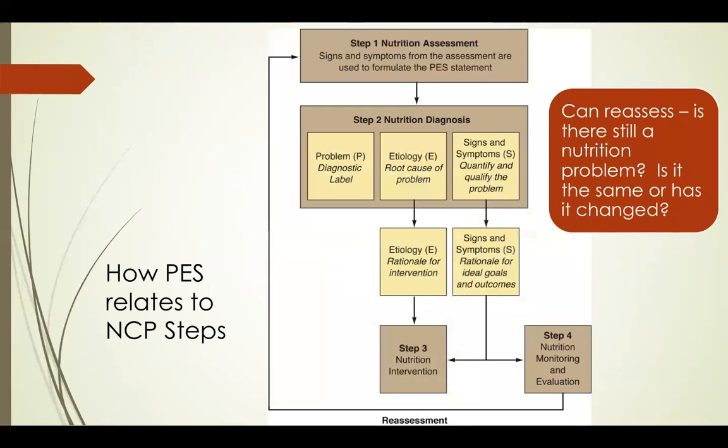This is a diagram of how the PES relates to the nutrition care process steps. So remember, the first step is assessment. Then you design your diagnosis: the problem, the etiology, and the signs and symptoms. Based on the cause of the problem, you design a nutrition intervention. The nutrition intervention should be able to address both the cause of the problem and hopefully the signs and symptoms